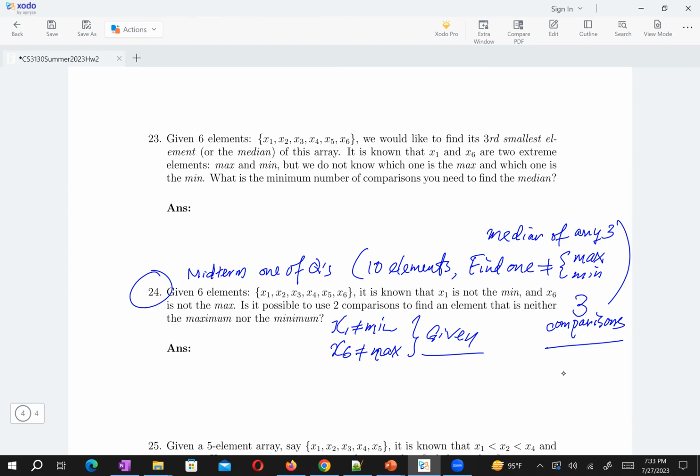You need to use these 2 pieces of information to help you reduce 1 comparison in our old question. Here I ask you the question, is it possible? So your answer is yes or no. If it's no, you just say no. If yes,